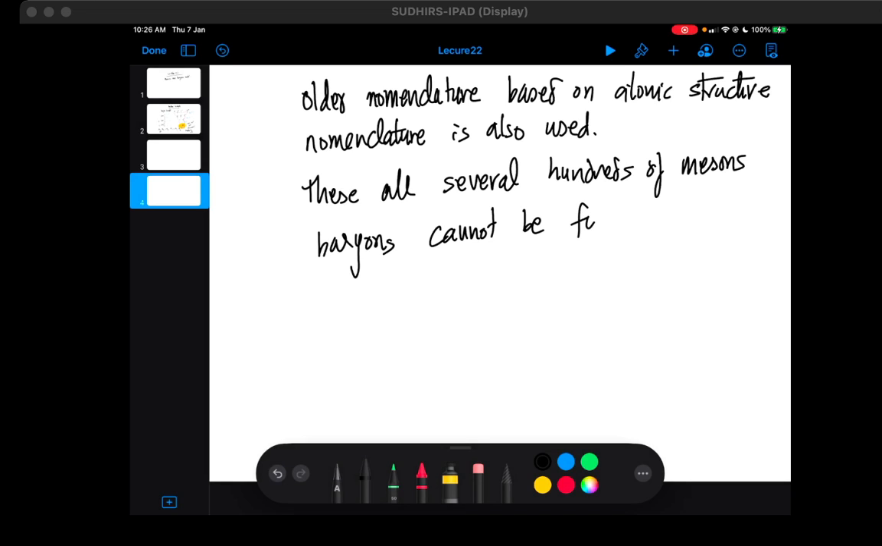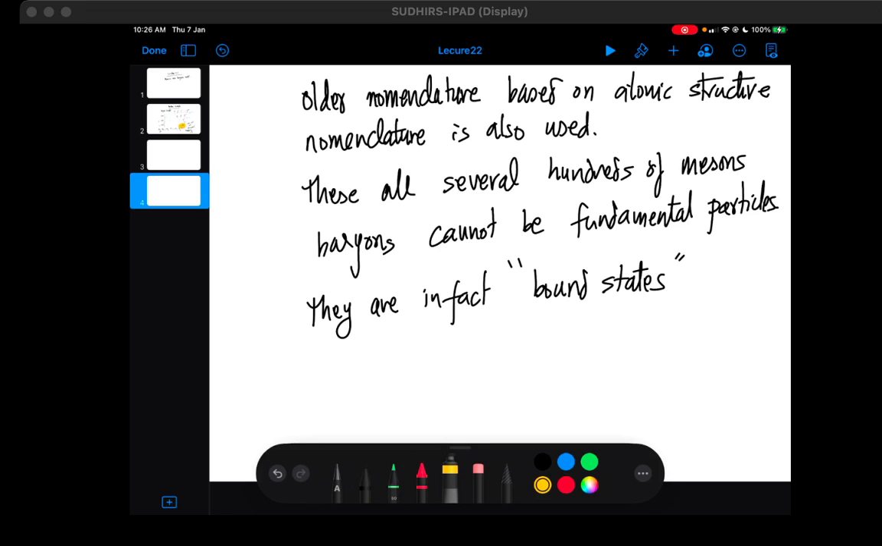They are in fact bound states. So this is an important step, that you realize that these particles are essentially bound states. Once you realize that, the question arises: if these are bound states and these can be organized in terms of higher representations of SU3,